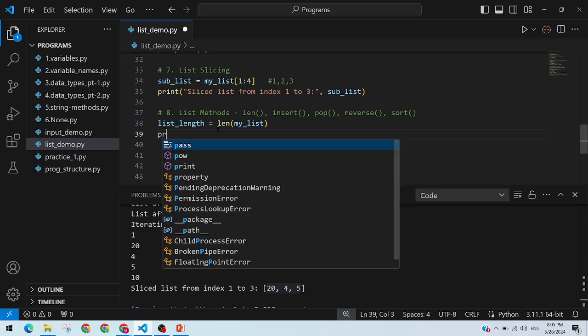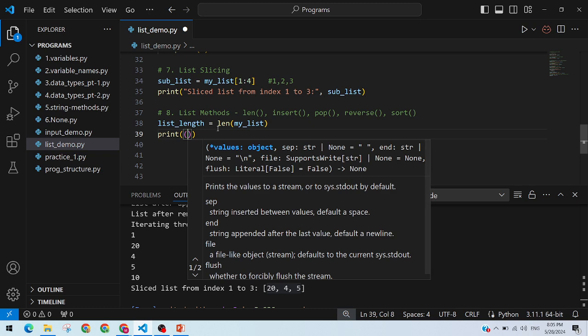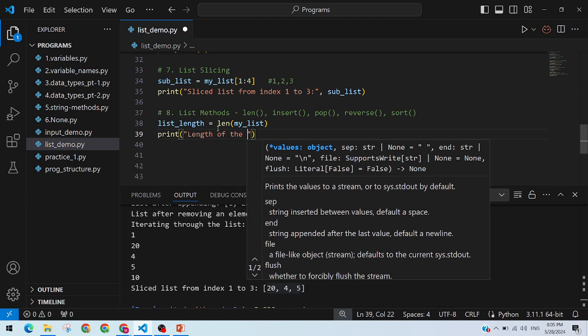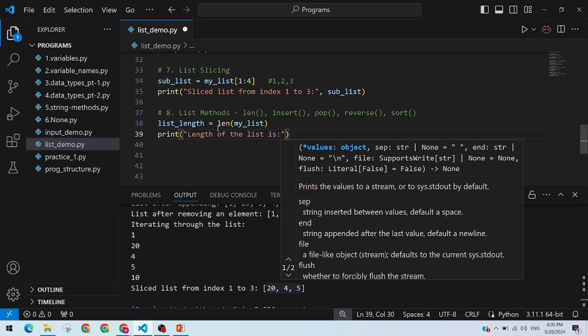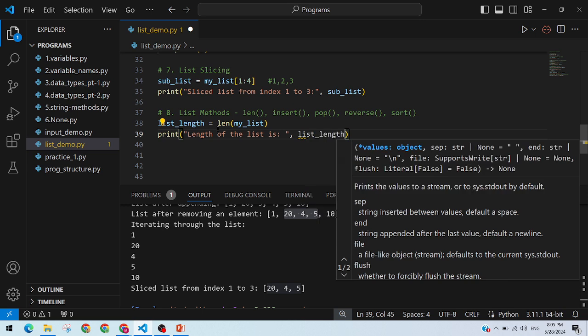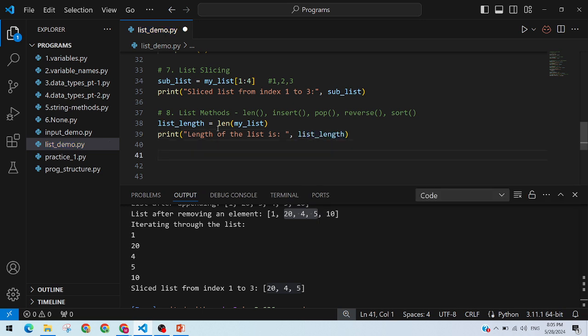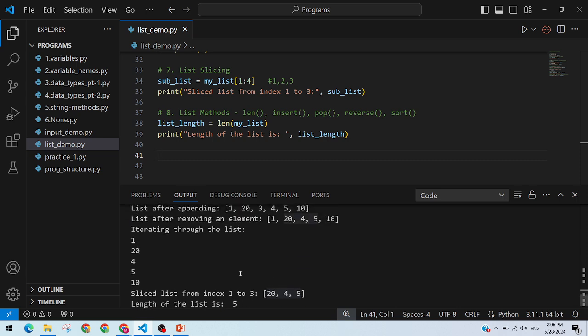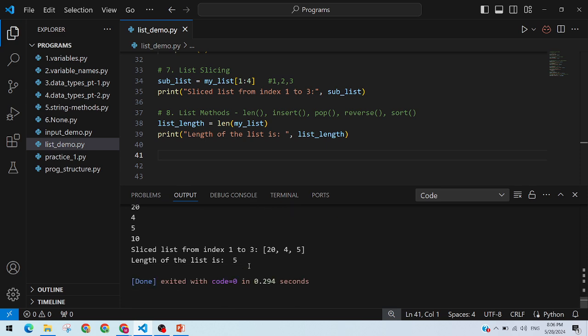Then we can print list length, print में देंगे हम length of the list is list length, okay, प्रिंट करते हैं, ठीक है। लेंथ ऑफ द लिस्ट इज 5, this is our list after removing element, how many elements are there? 5, so length of list is 5, ठीक है।